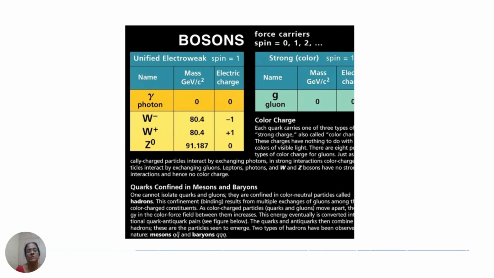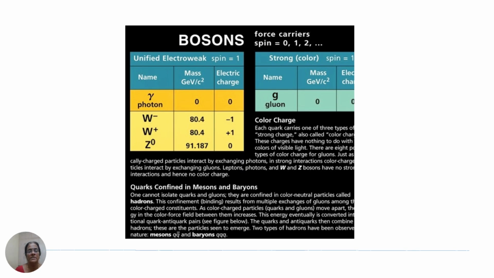Next is the gluon, which is responsible for strong interaction, and gluons interact between quarks. Quarks also carry charge, but that charge is a color charge. Electrons carry electrical charge, whereas the gluon is also a charged particle which carries a special charge. It's given a special name called color charge, and it is also massless and chargeless, but interacts with the color charged particles. And there is a major difference between electron and gluon. That is, the field around the electron, the electrical field, is pointing radially outwards, whereas